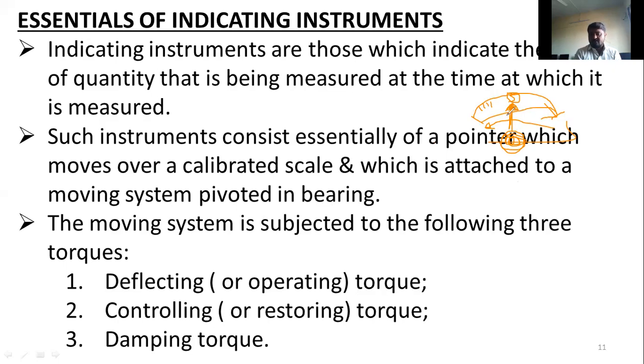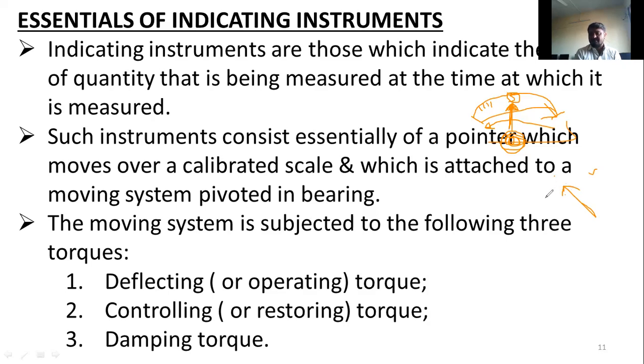Will it come back to zero or not? Yes, sir. Okay. Example: you may have a car or a two-wheeler. Whenever you are riding your vehicle, previously the analog meters were there. The pointer shows 160 kilometers, 80 kilometers while riding. Once the vehicle is stopped, it will come back to zero. Yes, sir. Those are the analog indicating instruments.